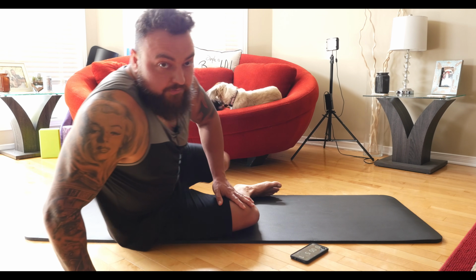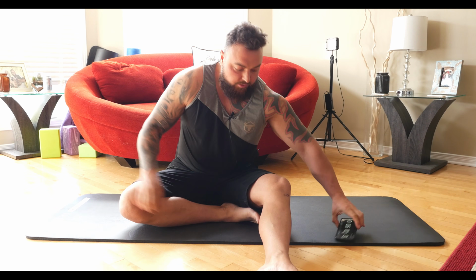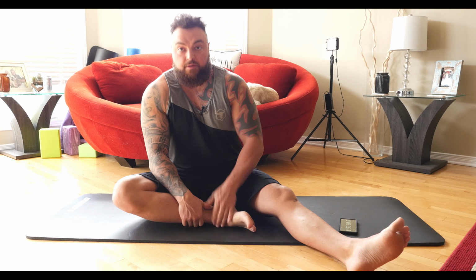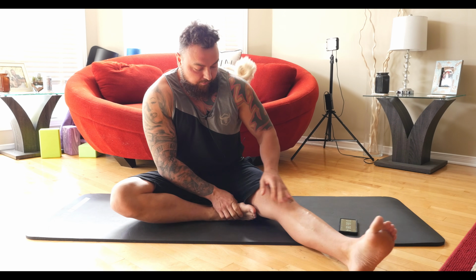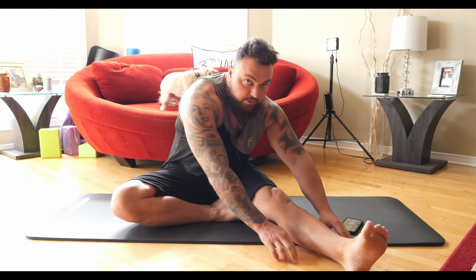And we're going to come out of this position, and we're going to set ourselves up for half straddle. So starting off with our left leg, we're going to bring our right foot inwards and the sole of our right foot in contact with our left thigh. We're going to start walking our hands slowly forward